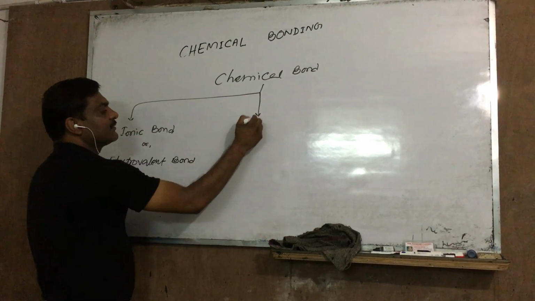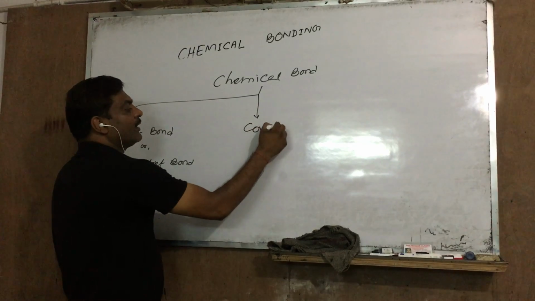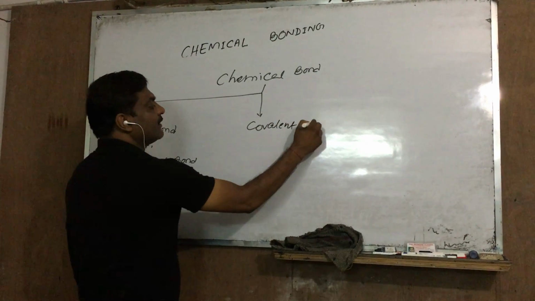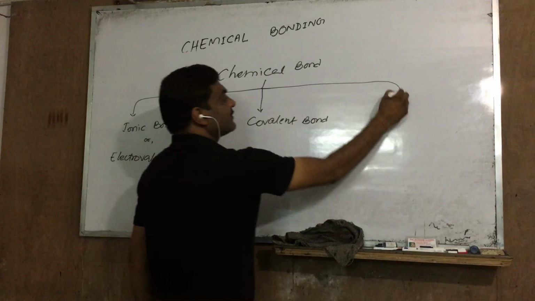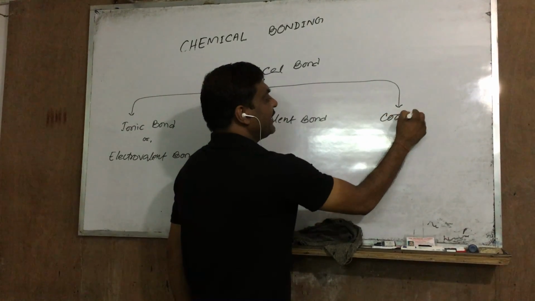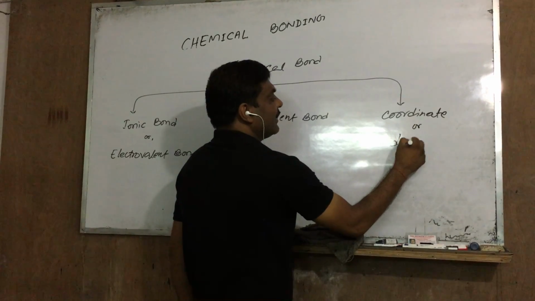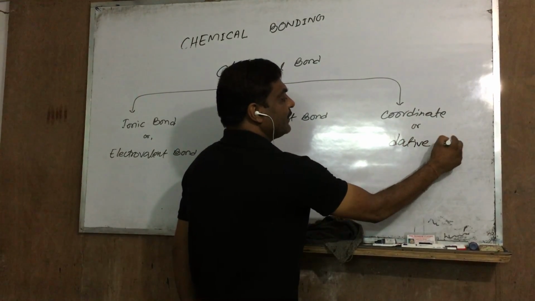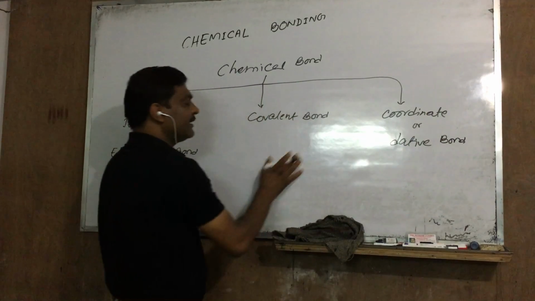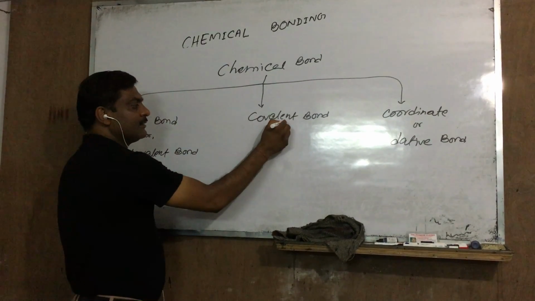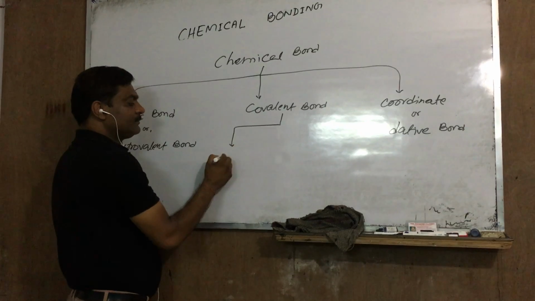The second is covalent bond, and the third is coordinate or dative bond. Further, covalent bond is of two types: